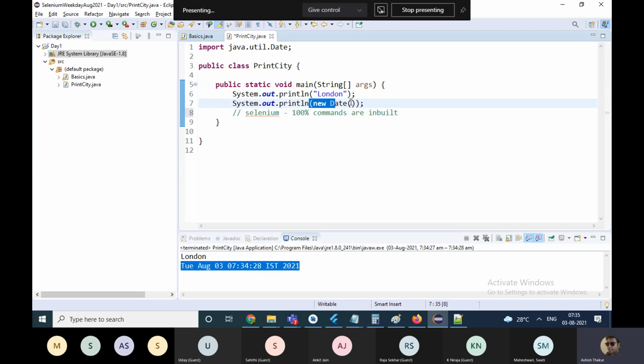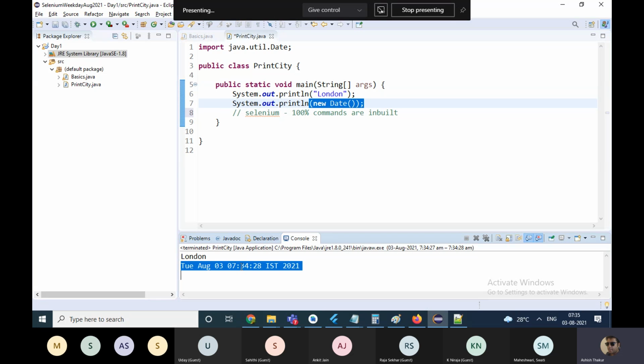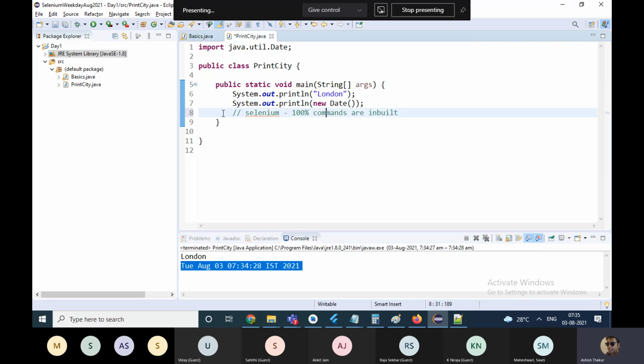To print the current date and time, I never had to do any hard work. I just had to use the command. Similarly, all the Selenium commands are inbuilt. Launching a browser, interacting with it, typing something inside it, getting the text out of it, opening and closing the browser, everything is inbuilt.